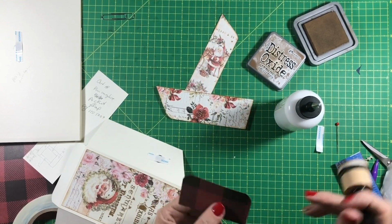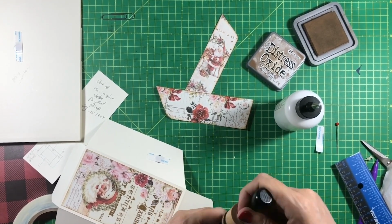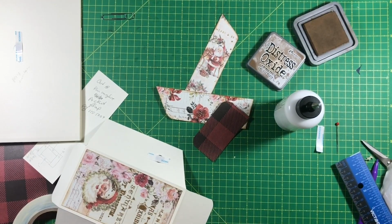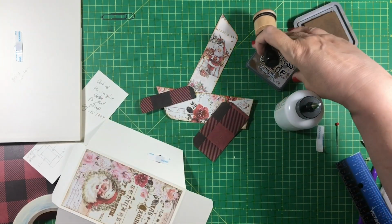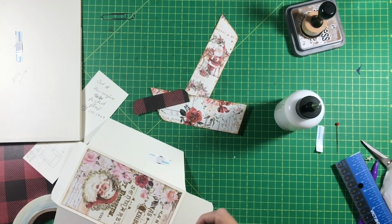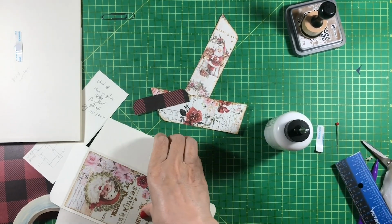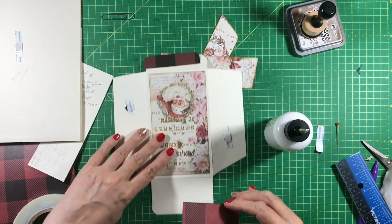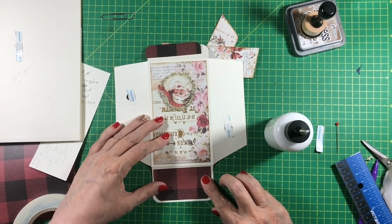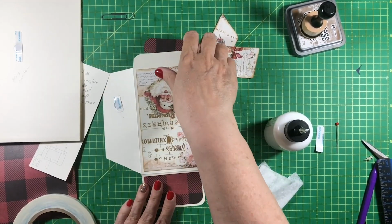The wrong side of this one. I did. I said to be directional, but it's actually the plaid that I'm going to use, I think. There we go. Okay. And yeah, I'm definitely using the plaid. Hope you can see that. Sorry. Let me go ahead and put that down. And the bottom one,